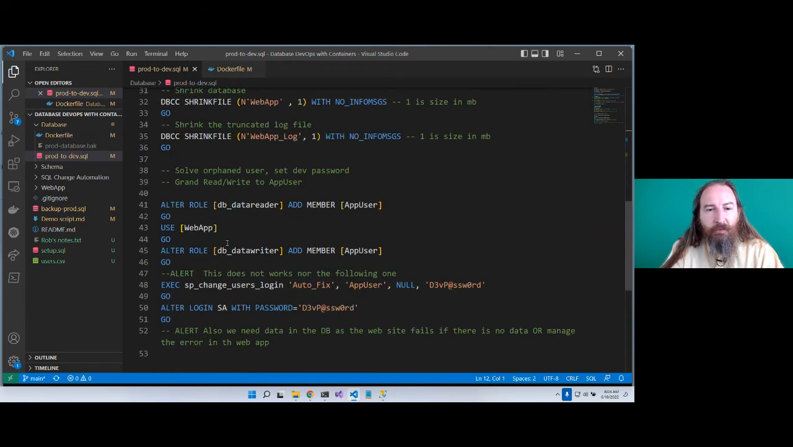Now we want to go find some orphan users, so let's set its password to a dev-safe password so we're not leaking the production. Then we'll set the SA password to a dev-safe password as well. Do our developers need to log in as root, as SA, to be able to manage the database? They can definitely do that on their local copy, not in production, but now they have control over the